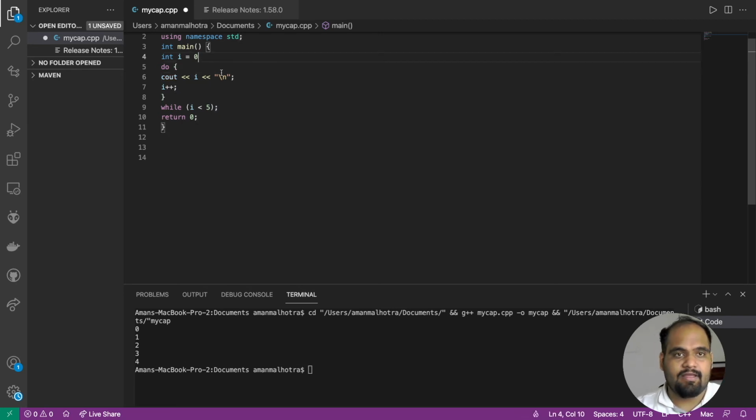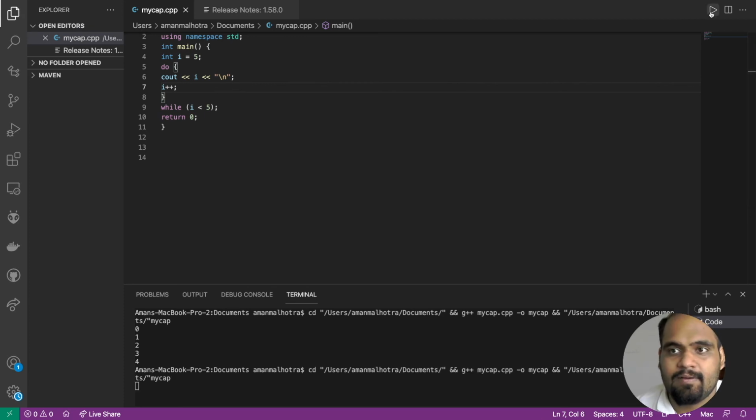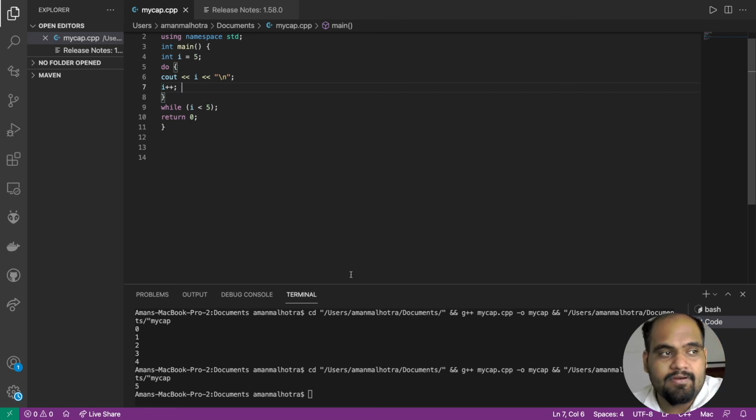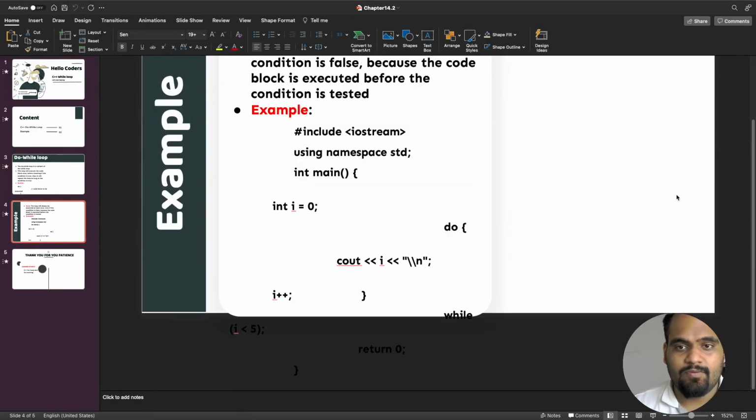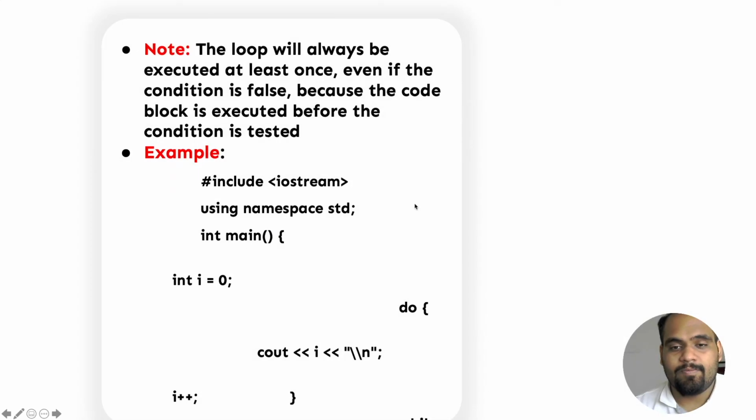I'm going to change this i to 5, and save it. Technically it should not run, but let's see what happens. You would still get a 5. Now the thing over here is that a do while loop checks the condition afterwards. If you remember, in a while loop you have the condition in the front. It starts with the condition, but in a do while loop it doesn't really work like that. In a do while loop you have the condition at the last. So this means that if you are using a do while loop, you should be prepared that it is going to execute at least once. So this is how your do while loop is going to perform, and this is what a do while loop is all about as well.